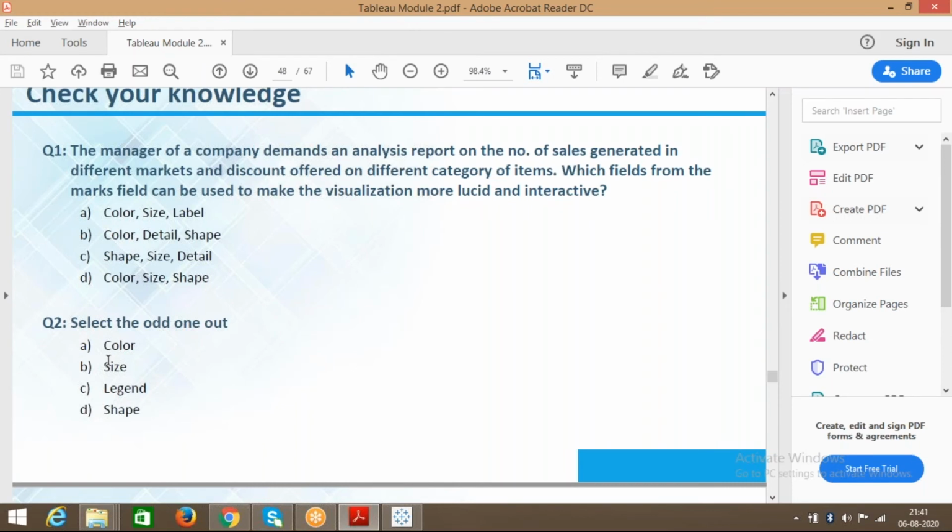Sales. Sales, market and discount. Sales. Discount.